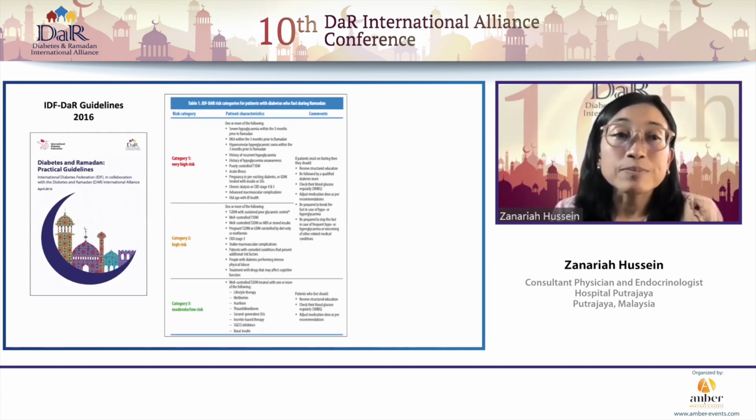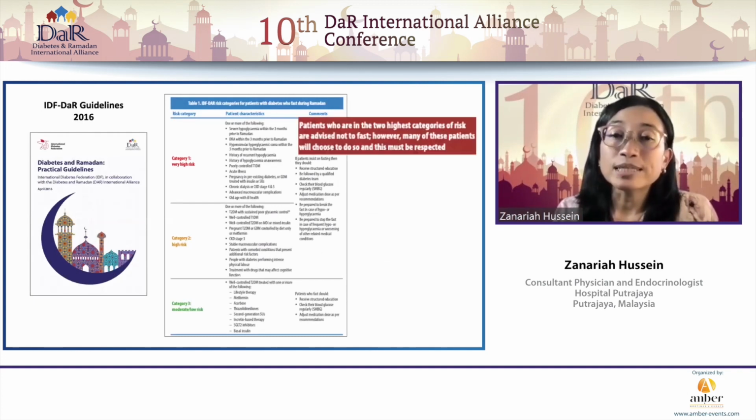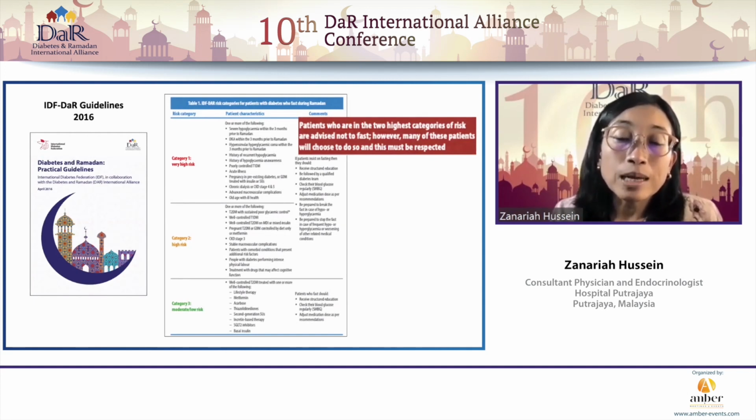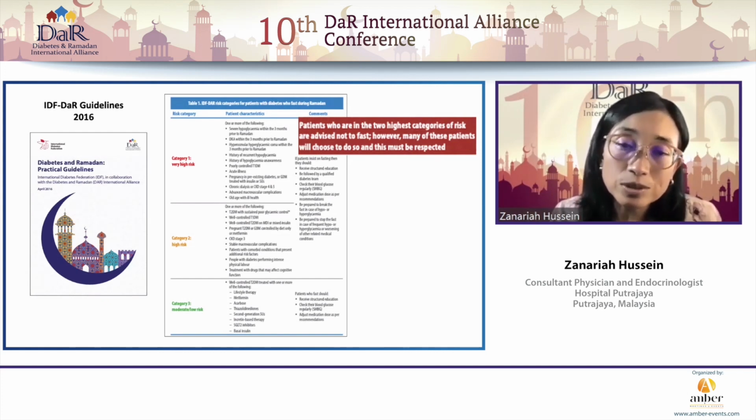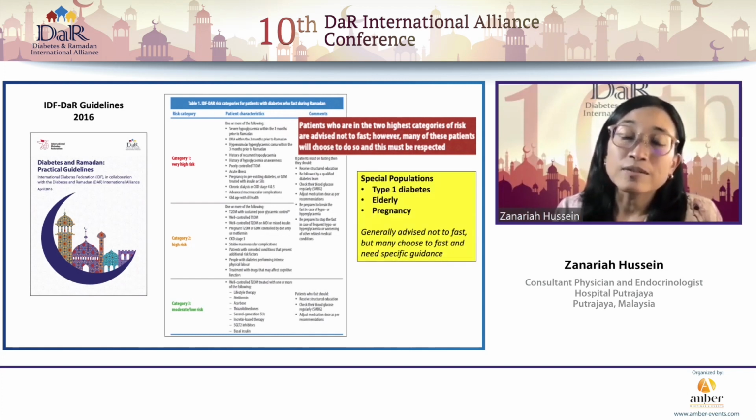So this was the prior guideline. Some of you were using it before the most current one, and we can see the broad categorization of risk into very high risk, moderate, and low risk, depending on all those parameters. Very likely an individual could have an element of each of those categories, so it would be very difficult to place their exact risk, and the weightage of each element was not considered individually.